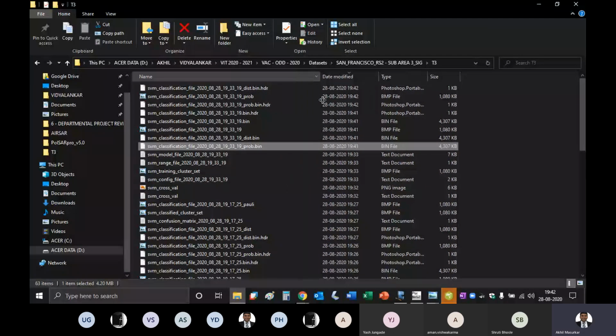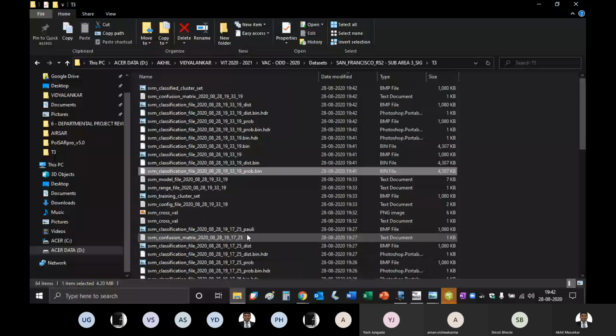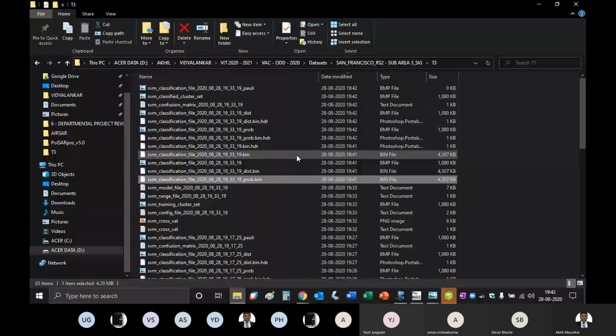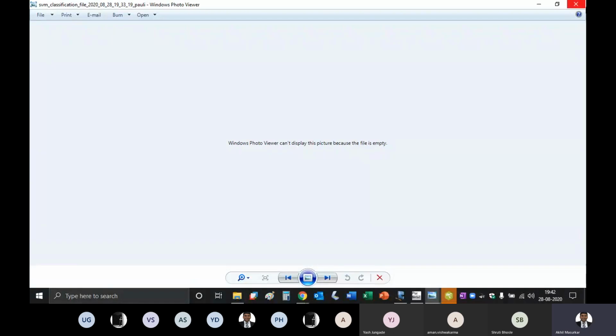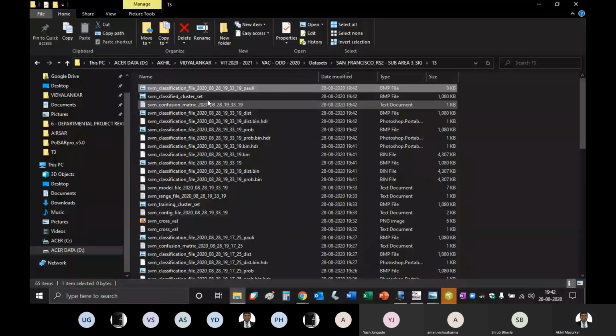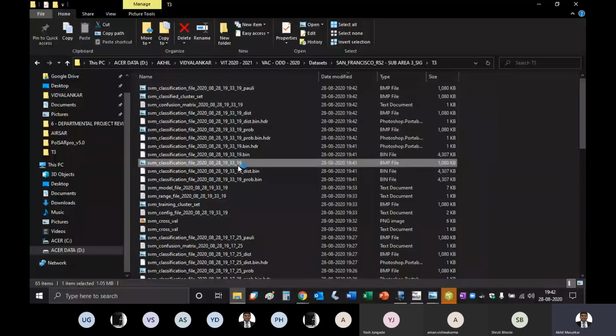That's how they are naming this. So again we can see this. This is how the image looks.